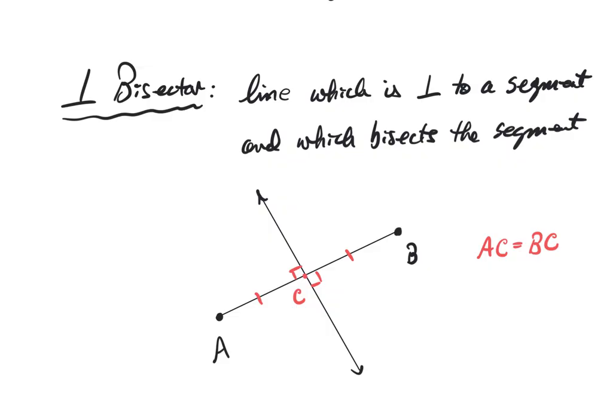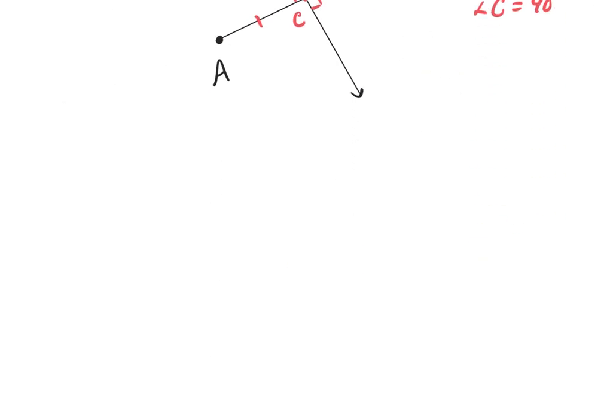Okay, and again, just to repeat, all four of the angles at C would be 90 degrees because it's also perpendicular. Okay, so that's what a perpendicular bisector is. All right, and now here's the theorem that goes along with that. And like always, please feel free to pause the video if you need to make sure you get something into your notebook. Okay, but here's the perpendicular bisector theorem,